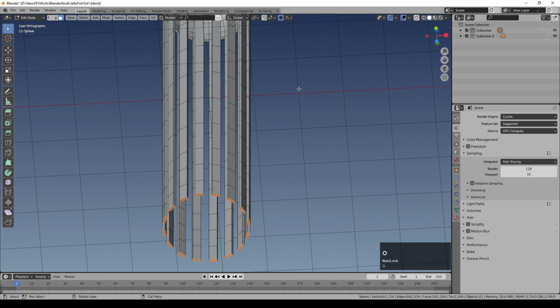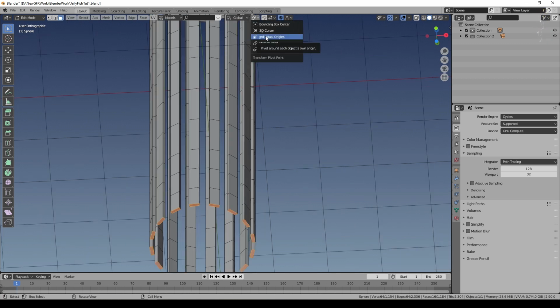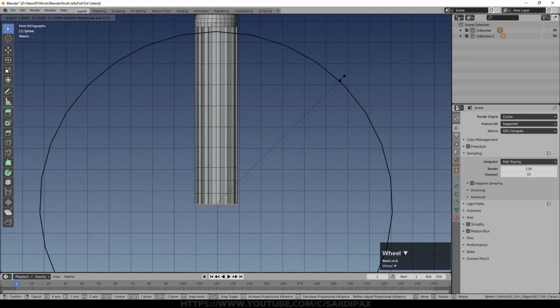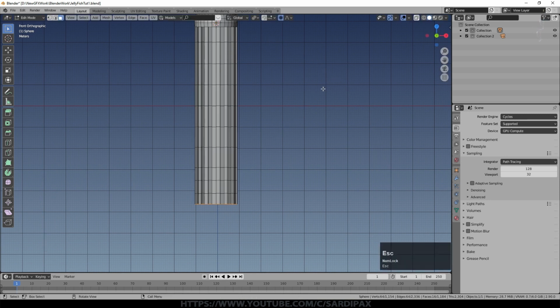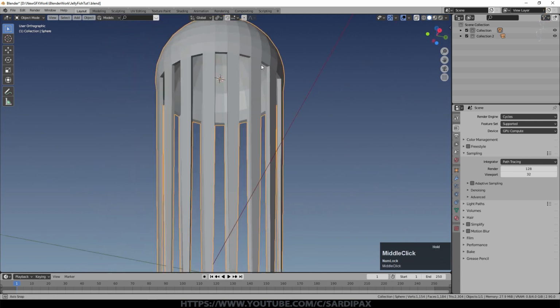I'm going to turn on proportional editing. I'm going to change this setting up here for the pivot point to individual origins. I'm going to say scale, and I'm going to scale that influence circle up. In fact, I'm going to say scale Shift Z, and that will just thin down the ends there. So there's the beginnings of our creature.